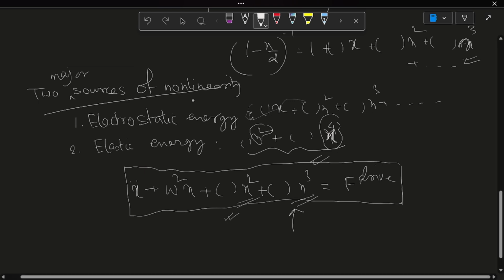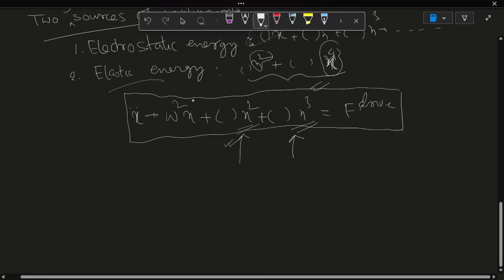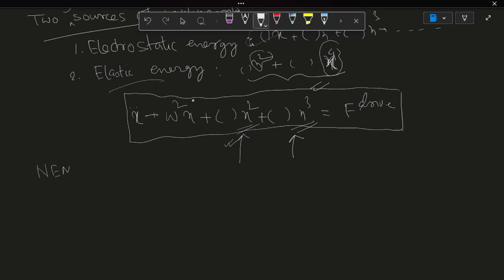This nonlinear term can arise from two phenomena. One is the elastic energy stored in this kind of membrane, and another is the electrostatic energy stored. This kind of system is widely used in NEMS research. So what is this NEMS? This is basically nano electromechanical